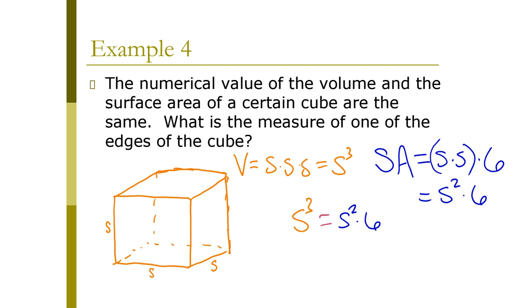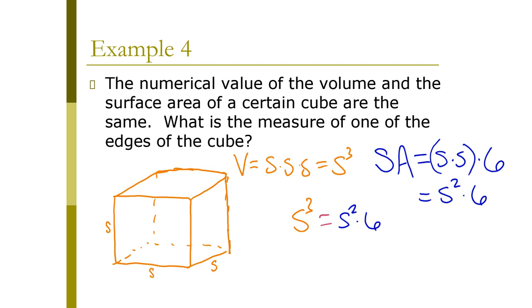Okay, so how do I find out what the side length is going to be? Some of you might already see the answer. You might already be looking ahead and be like, oh, I think I know what it is. But let's go through the algebraic way of solving, shall we? Since I'm dealing with a cubed variable and a squared variable, what I can do here,